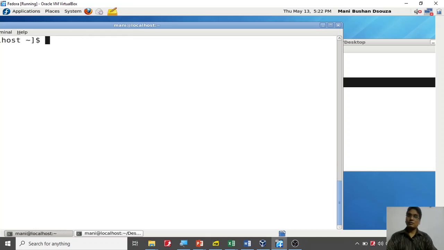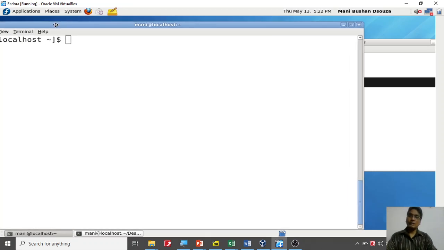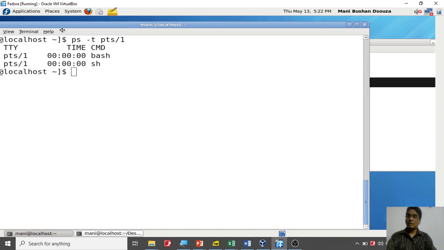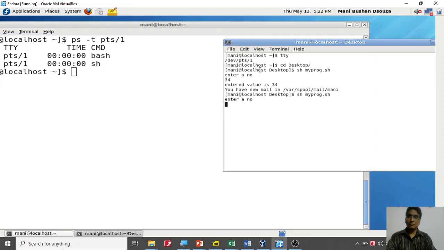In the other terminal I'm going to say ps -t, and this terminal is pts/1. If I type that, you will notice that on this terminal that I'm talking about, there are two things running.